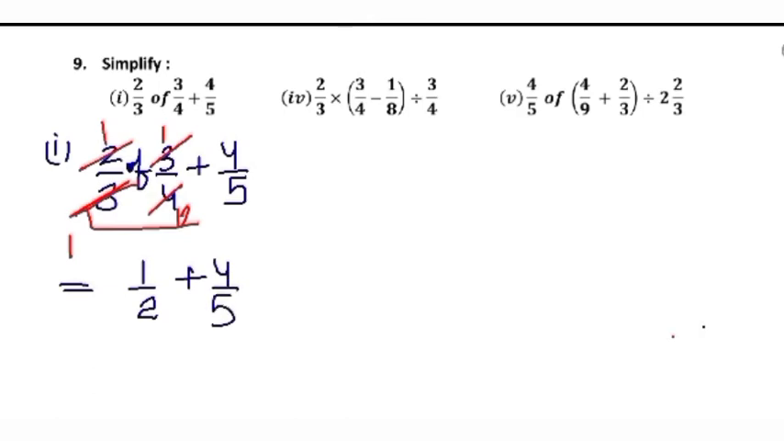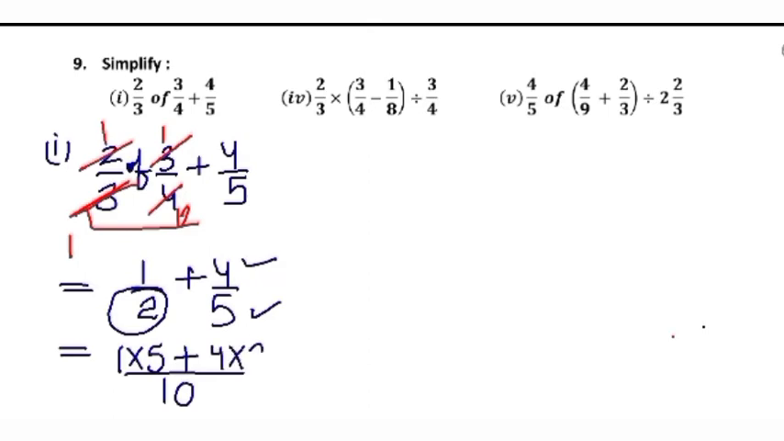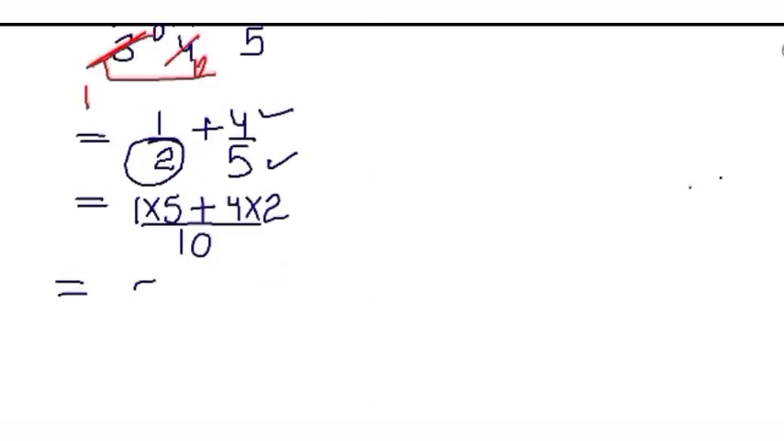Now you will add these two fractions. For adding these two fractions, denominator should be the same. But if denominators are not the same, you can take the LCM of these denominators, which will be 10. To make this 2 into 10, you will multiply it by 5. So multiply the numerator also by 5. Plus, 5 2s are 10. So multiply this numerator also by 2. It becomes 5 1s are 5 plus 4 2s are 8 upon 10, which is 5 plus 8 is 13